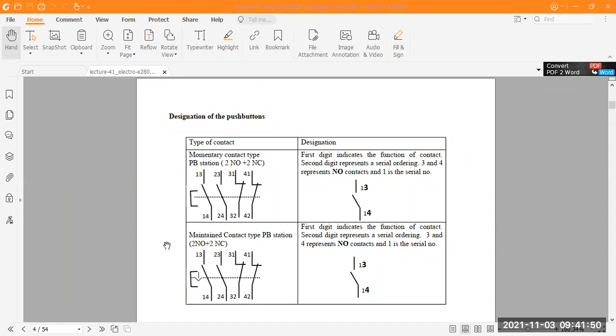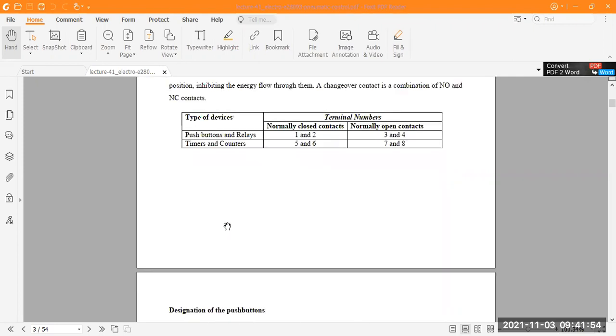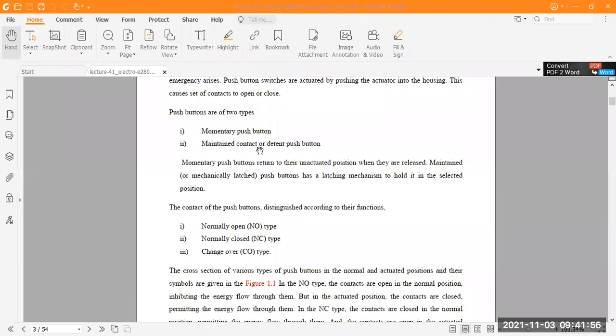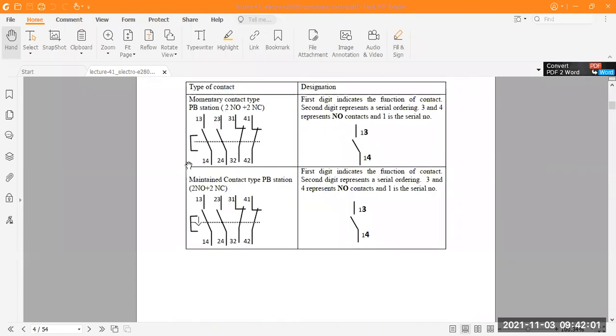And these are the other two positions. Here you can see the maintained contact type push button station, number two, the maintained contact or detent push button switch. So this is the basic difference.